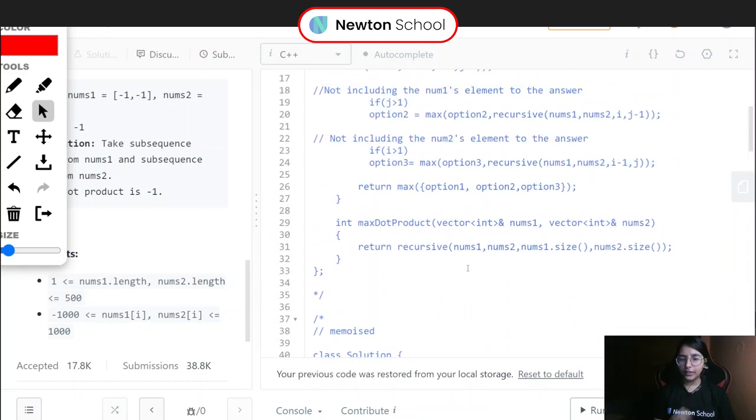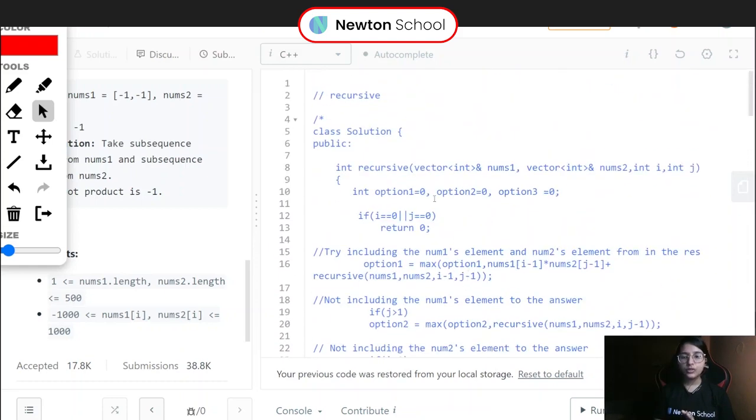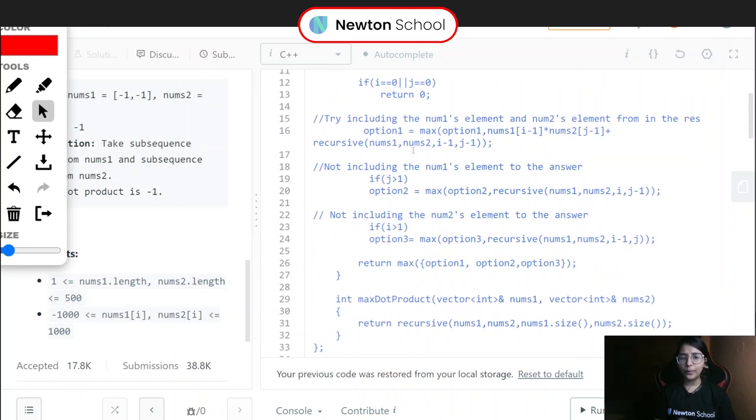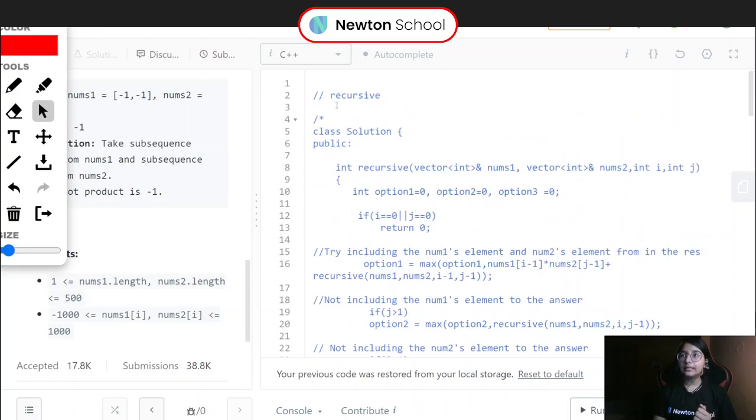And now comes the part for the time complexity and the space complexity. In recursion, you can clearly see how many options we are having. Basically we are having 3 options, right? So the time complexity here would become 3 raised to power n plus 1. But again the thing is that we are choosing from either nums1 or nums2, that is, either we are including or we are excluding. So the choices are among 2 things only. So rather than 3 raised to power n plus 1, it would be 2 raised to power n plus 1. So the time complexity for the same would be